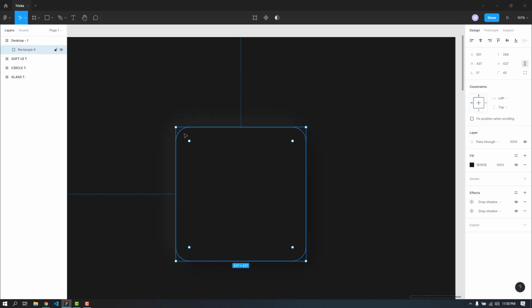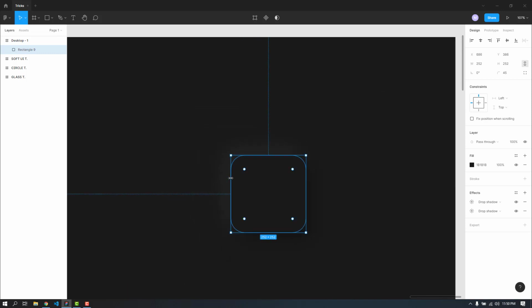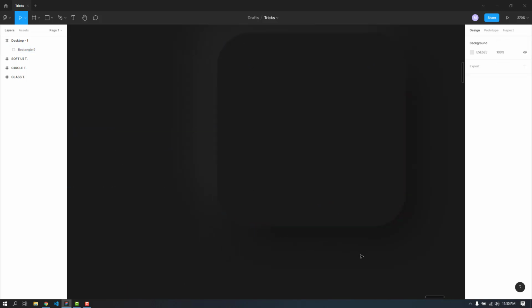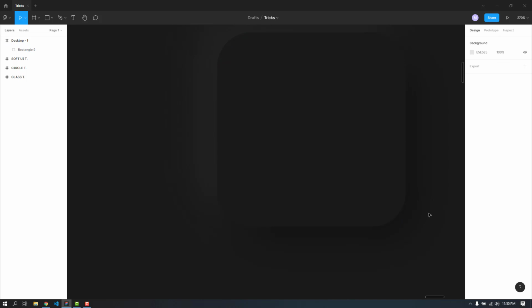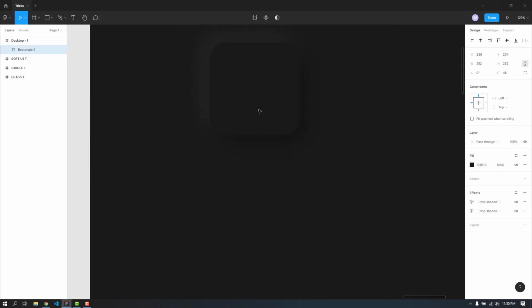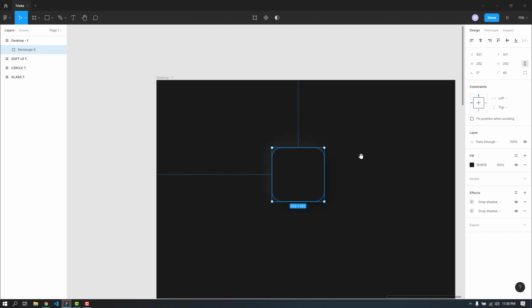So what we can do is we can modify it. If you want to make it deeper, you can also do that. You can change this value, or you can reduce the blur. So it is totally up to you. You can play with the values and see whatever value suits you the most. So this is for an element. All the elements will have the same kind of effect.